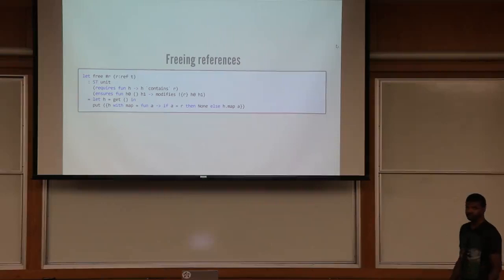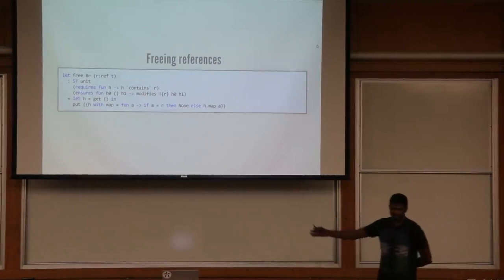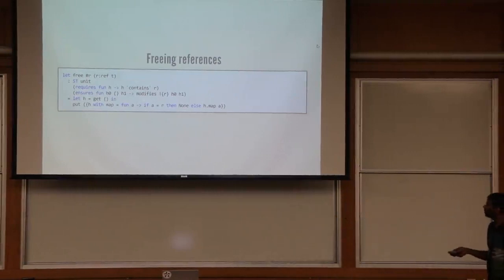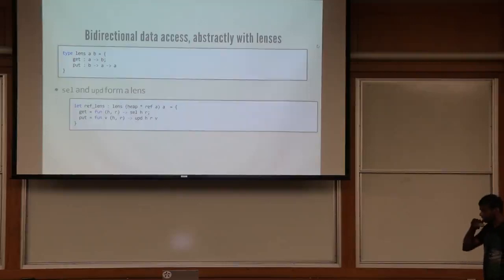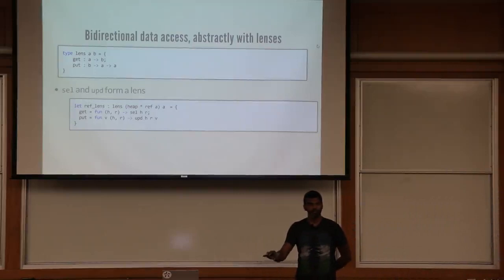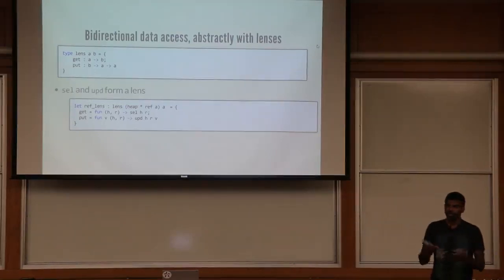And then we looked at how you can also give a model to freeing references. So that's just a recap of where we left off. Now what I'm going to try to show you is that these operations that manipulate references are actually just an instance of a more general pattern of doing data access through lenses. And lenses,